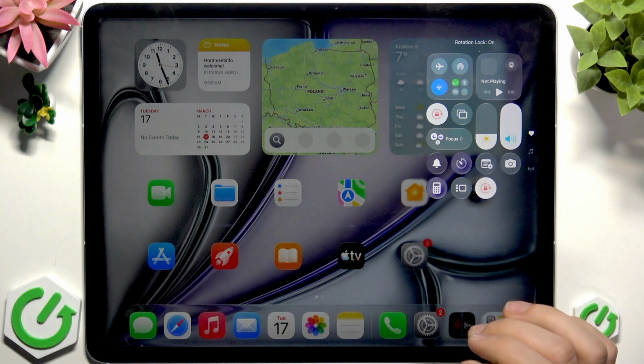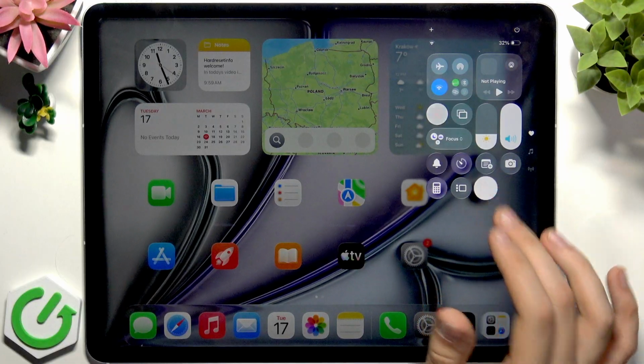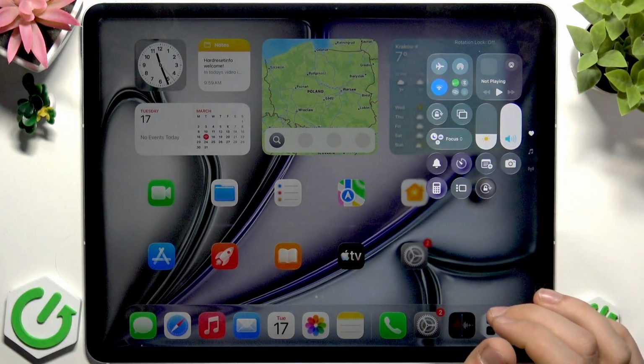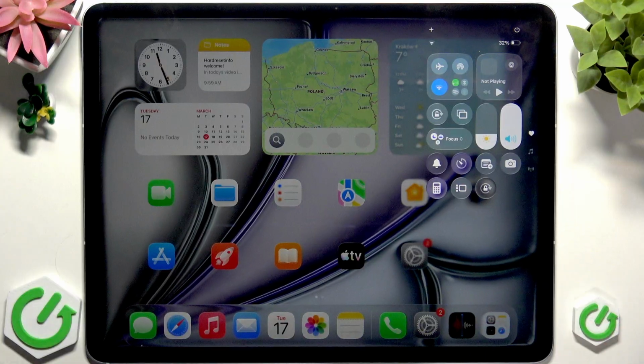Tap it to disable the rotation lock, and now to enable the screen rotation lock, and now disable the screen rotation lock. Now everything should be working fine. Test your tablet and gyroscope in the different applications, different places, and if it still doesn't work, restart your tablet